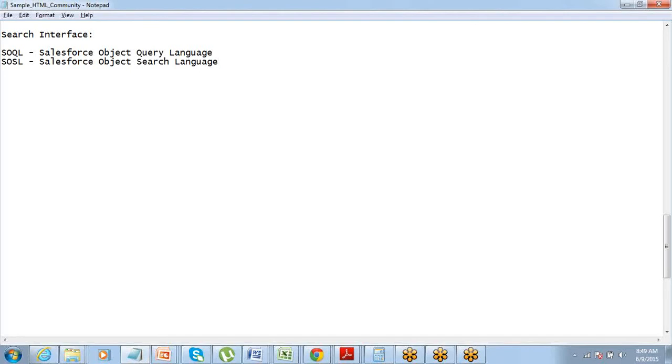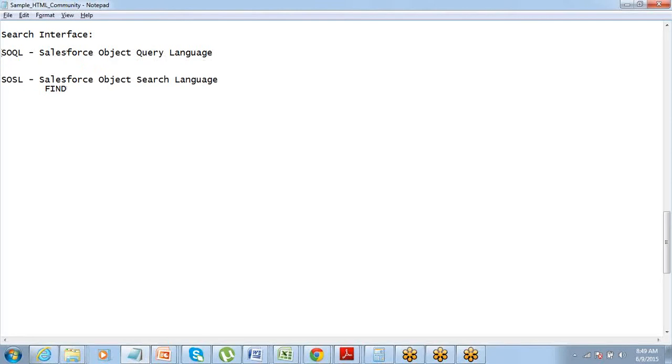Now, what is SOSL? SOSL is again similar to SOQL, but instead of a select statement, here we use a find statement. All right. So this can perform a find. The basic difference between SOQL and SOSL is SOSL can perform a search on multiple objects.